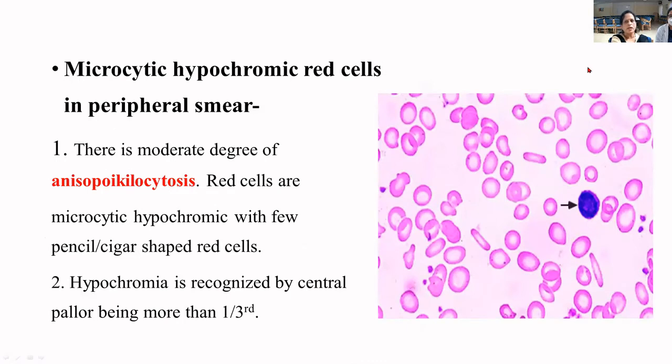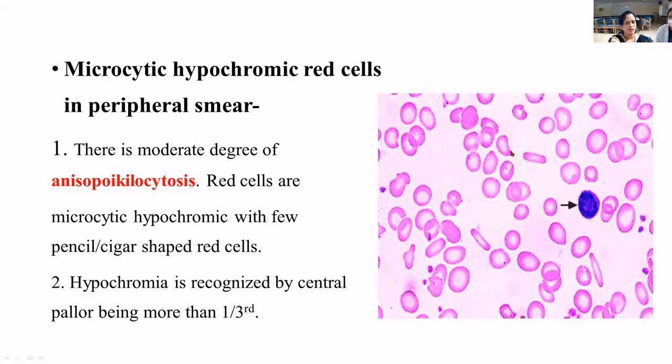Now there is a blood picture here. Last class, Dr. Rajeshri had shown them many morphological patterns of different types of anemia. So what do we see here? We defined all these terminologies. There is anisocytosis, large and small RBCs, variation in size. There is poikilocytosis, that means variation in shape of the RBCs.